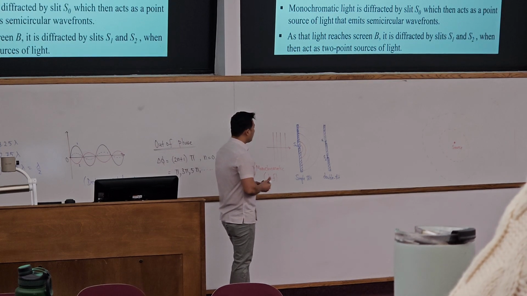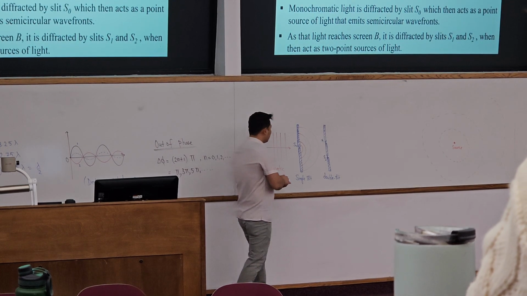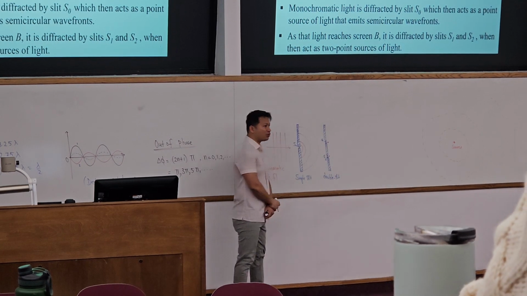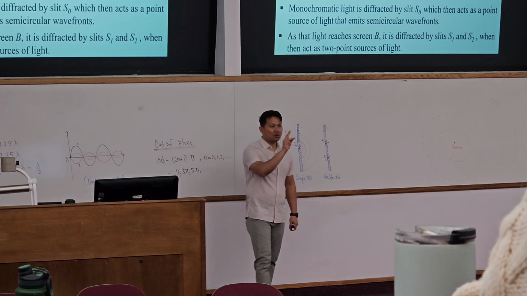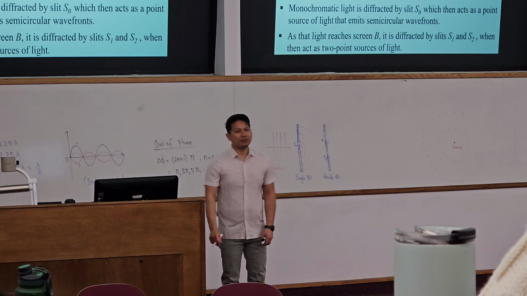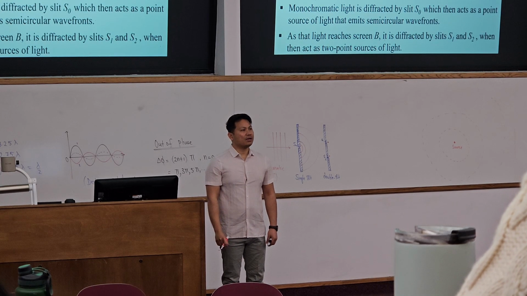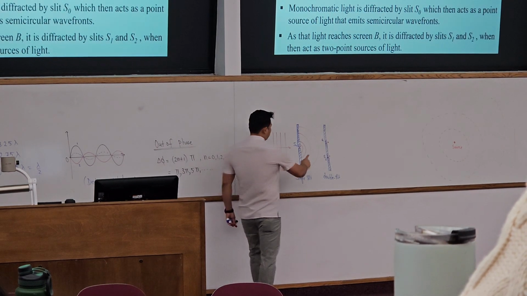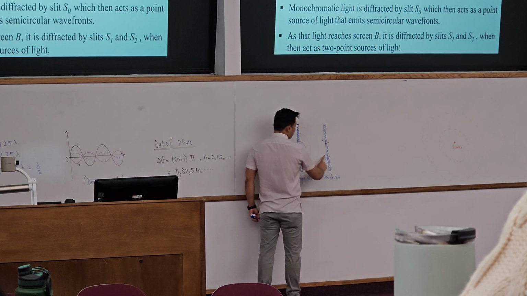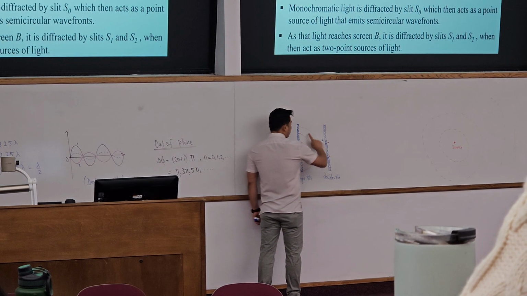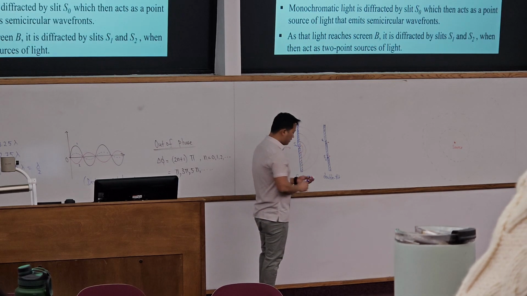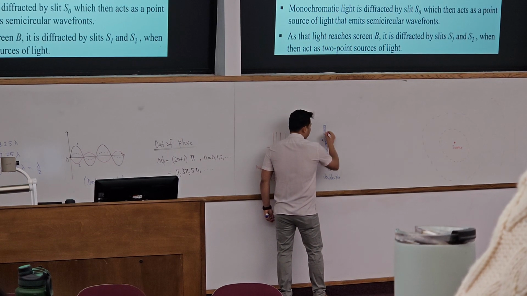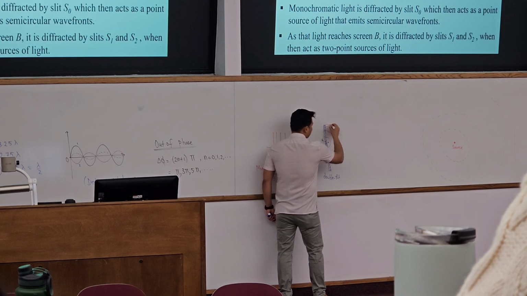But magic happens if you have two sources now. Light can pass through this one. Light can pass through this one. You have two sources now. So if you have two sources, you have a chance of constructive or destructive interference. Now let's take a look over here. They are identical openings, slits. So they have the same color. For simplicity, to show you the interference, even if they are identical, I'll represent them with a different color so that you will see the difference like this.